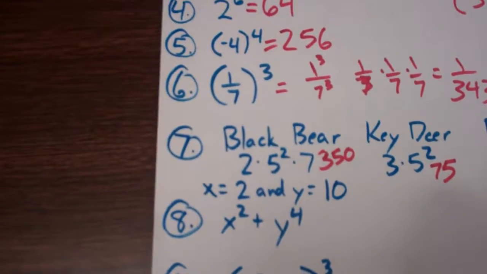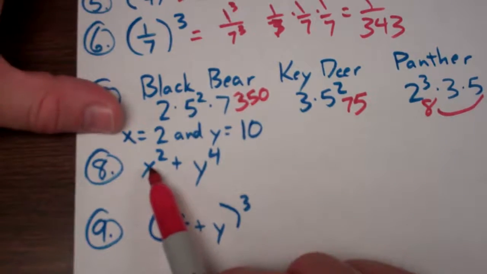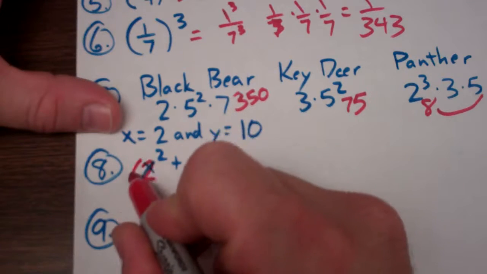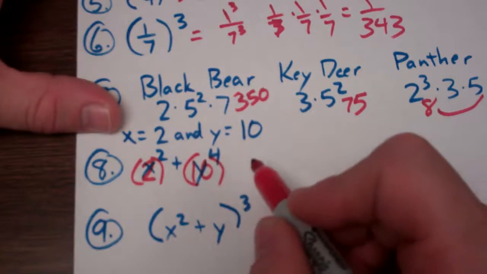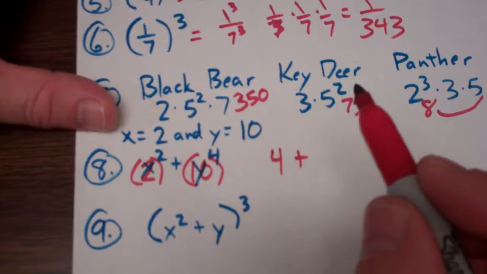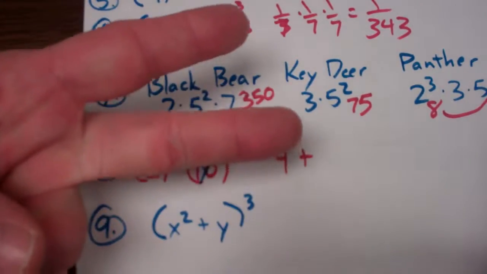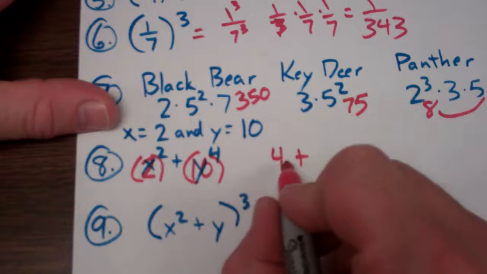Same thing with number 8 and number 9. As you do those problems, make sure you're going in order of operations, where x is 2 and y is 10. So 2 squared is 2 times itself. That's 4. Plus 10 to the 4th power. That's 10 times 10 is 100, times 10 is 1,000, times 10 is 10,000. So I add 10,000 to 4,